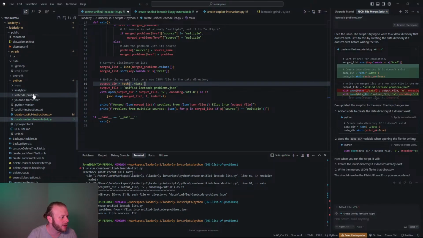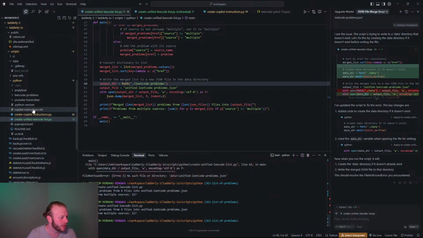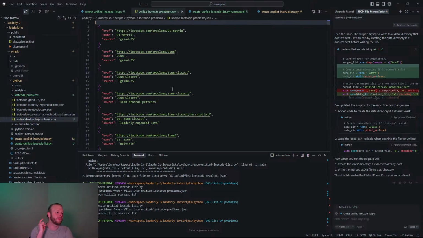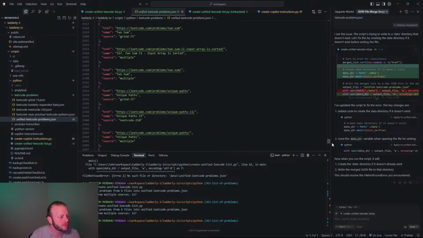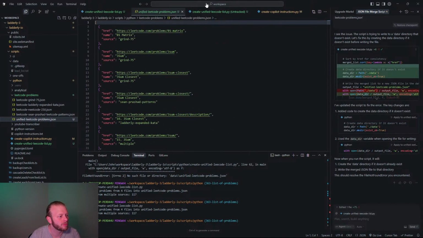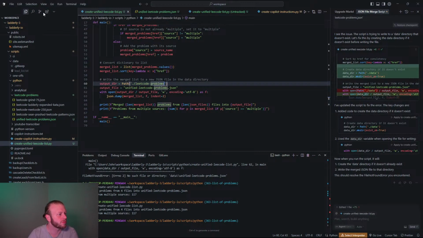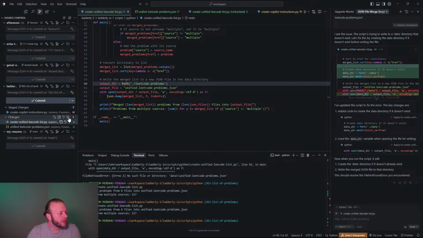It will be the same LeetCode problems. All right, and so we put it over here. Boom, here we go. Great, so this is the unified